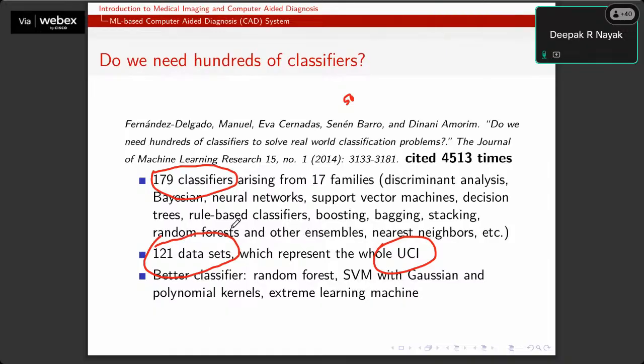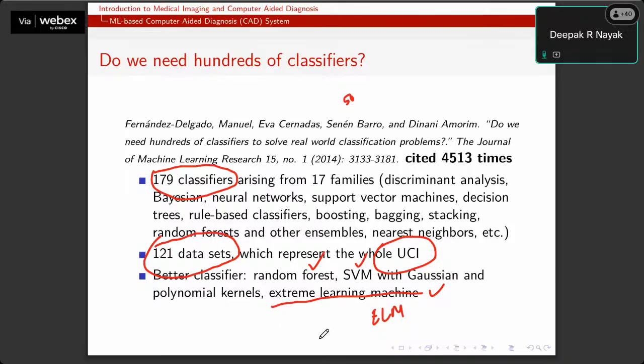After actually evaluating 179 classifiers over 121 diverse data sets, they came up with some suggestions for the readers, like us: random forest, support vector machine with some kernels, like nonlinear support vector machine, and something called the extreme learning machine. I don't know how many of you have heard about ELM.